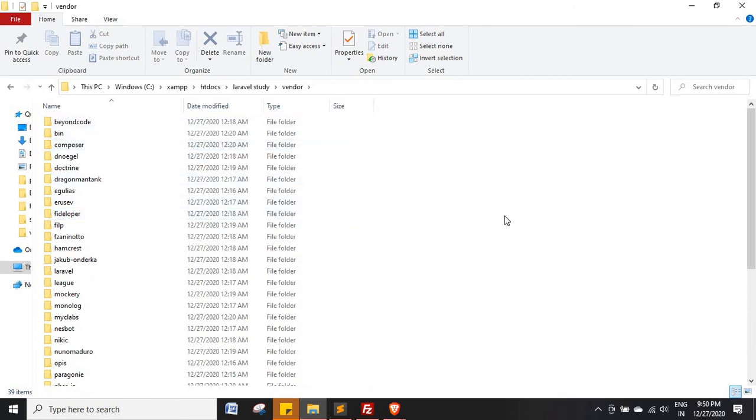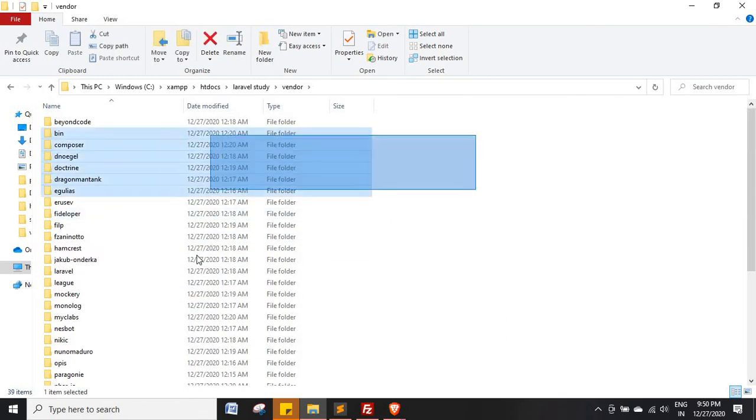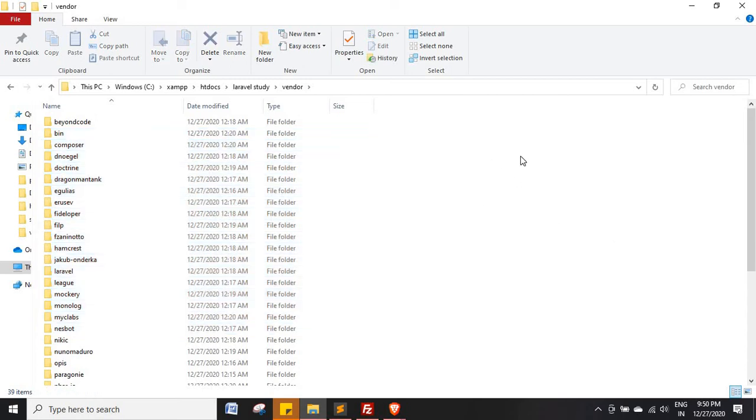The vendor folder basically has all the packages which you install through the command line. After installing, that package will come inside the vendor folder. Okay, now all these packages are predefined packages that come with Laravel. Once you install it on your machine, these packages come by default. Now if you are going to have a new package, you can install it through Composer. Once you install it, it will come inside that folder.